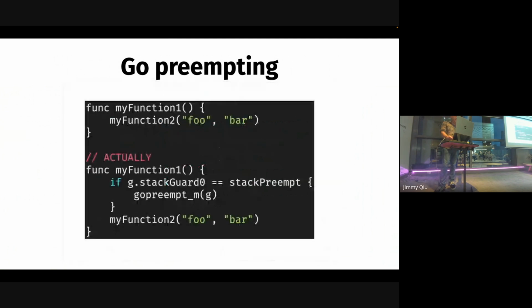So when you call functions, you might write a function in Go that looks something like that. It's my function 1, and it's going to call another function. What it's actually going to do under the hood, this is not in Go code, this will be compiled down to assembly. It's going to say, is the stack guard equal to the stack preempt constant? If it is, then we're going to preempt the currently running processor. This goroutine is going to step back, and then something else is going to step in and let it run, and it'll come back in at that point again. And then it hasn't run my function 2 yet, but it can run that when it comes back.